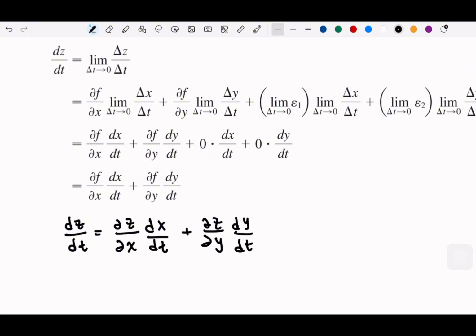How to get that? Because z is a function of x and y, we can have two branches. First is this branch, which is deriving with x. But because of the chain rule, this x needs to be derived also with t. In another path, we have z derived with y, and also this y is derived with t, which is actually,